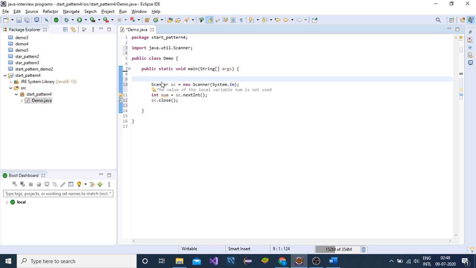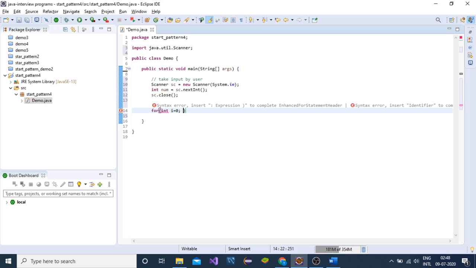These two or three lines will be responsible for taking input from the user. Now write a for loop: for int i equals 0, i less than num, i plus plus.